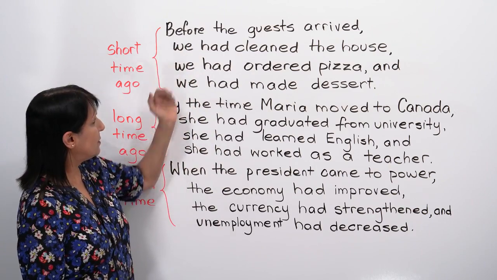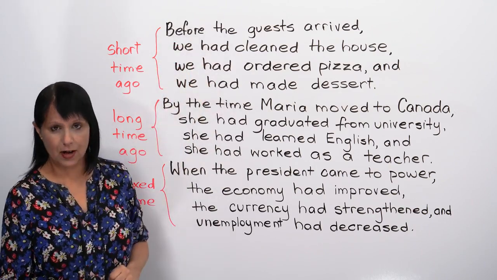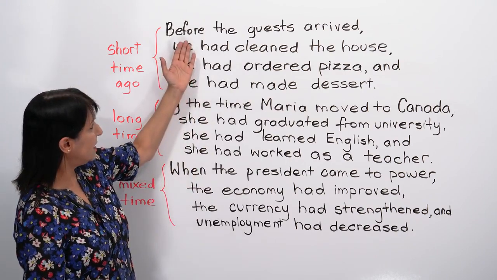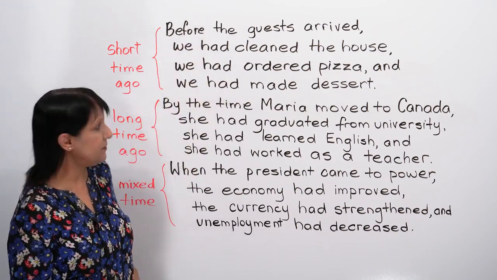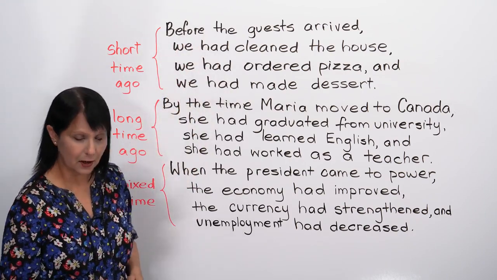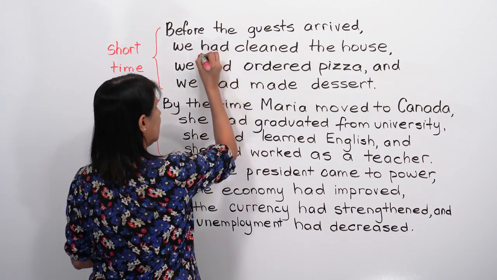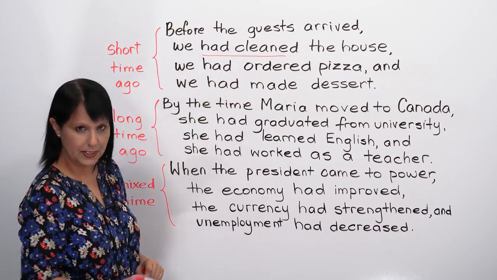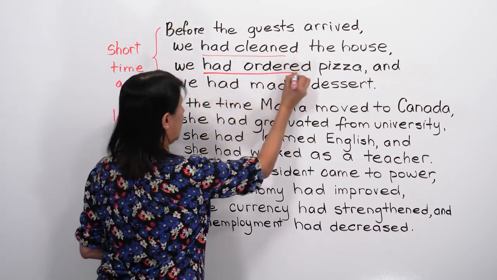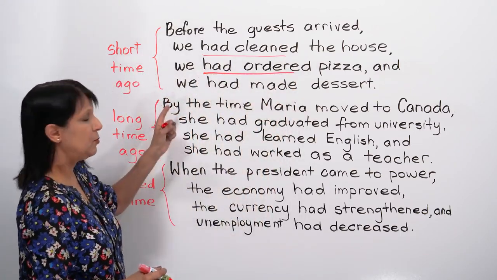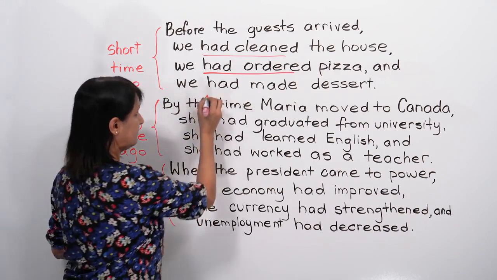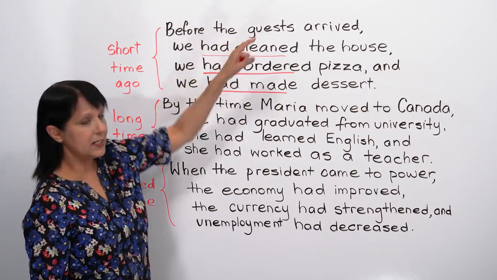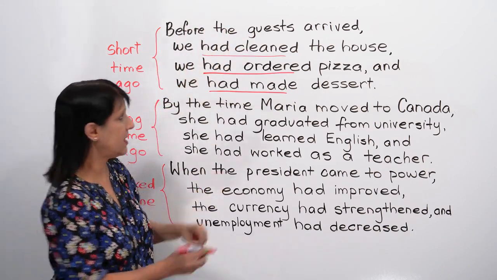So we have this example. Before the guests arrived, some things had been done, right? So we can say, before the guests arrived, we had cleaned the house, had cleaned, past perfect. We had ordered pizza, had ordered, and we had made dessert. Okay? So, this part is in past simple, just that word